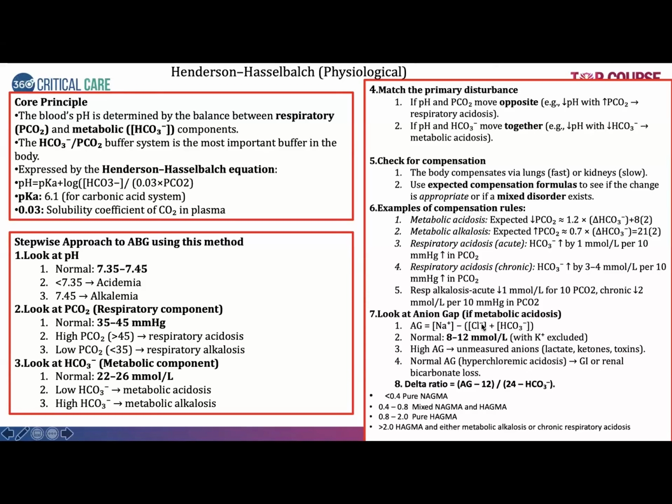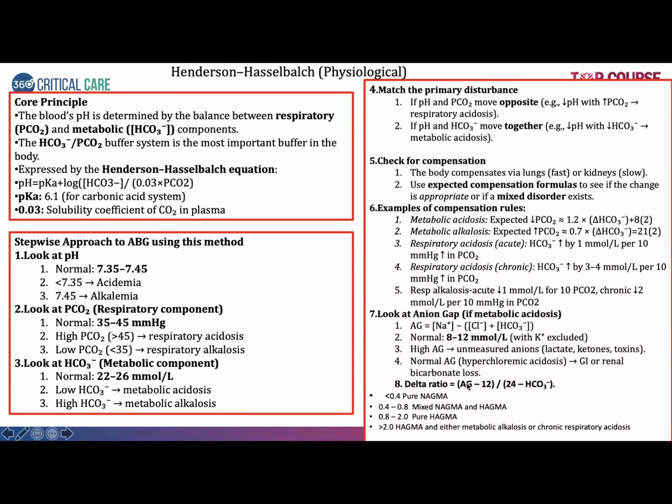The next step would be calculating the anion gap, whether the anion gap is normal, and also make sure the corrected anion gap, the factor is 2.5 for your deficit in the albumin. So 2.5 times your albumin 4 minus your serum albumin and add it to the anion gap. So that will give you a corrected albumin anion gap.